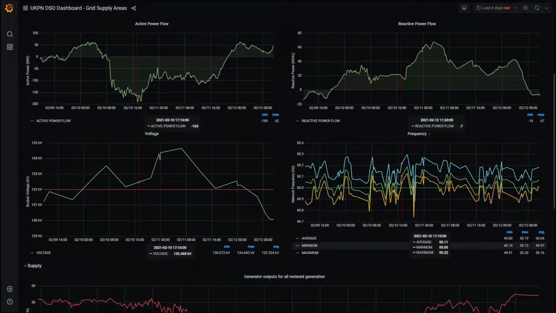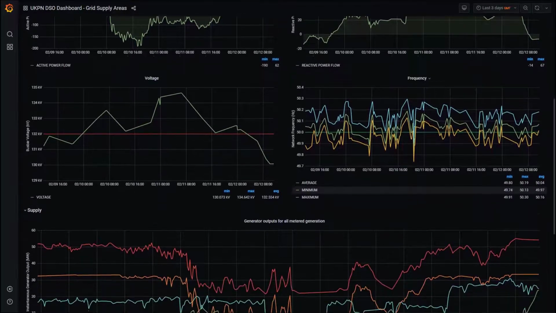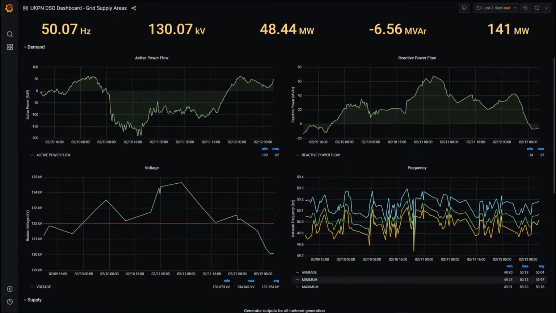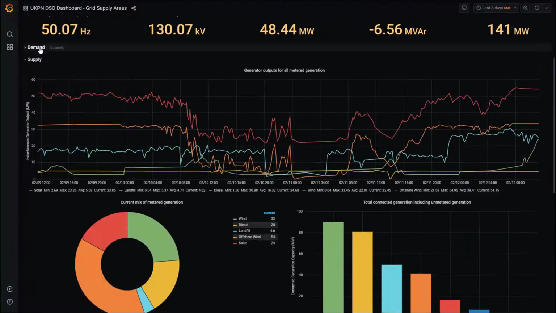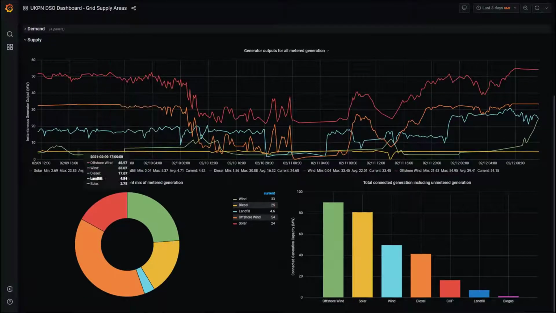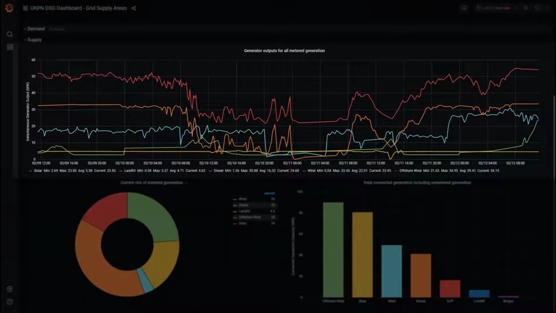Now going down to the bottom, if we just close this tab for demand, you can now see the tab for supply. This is what all the generators connected to the distribution network are doing and how their trend over time is changing. Now, looking at the first one, this is just a time series graph showing what all the generators are doing over the last 3 days, and you can see this area of Canterbury is greatly dominated by